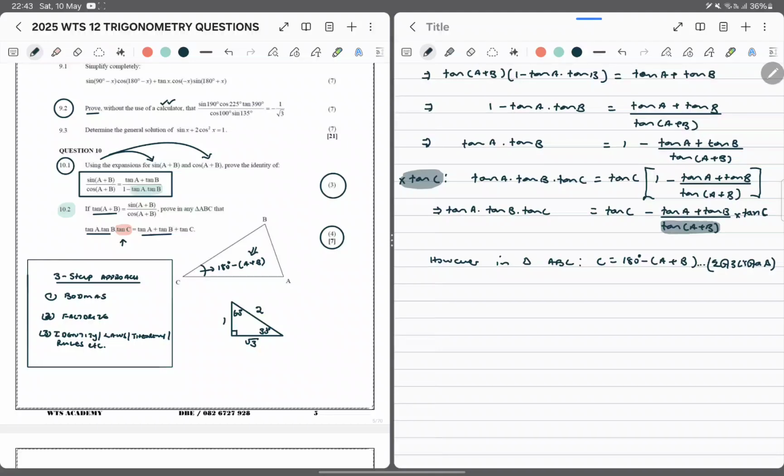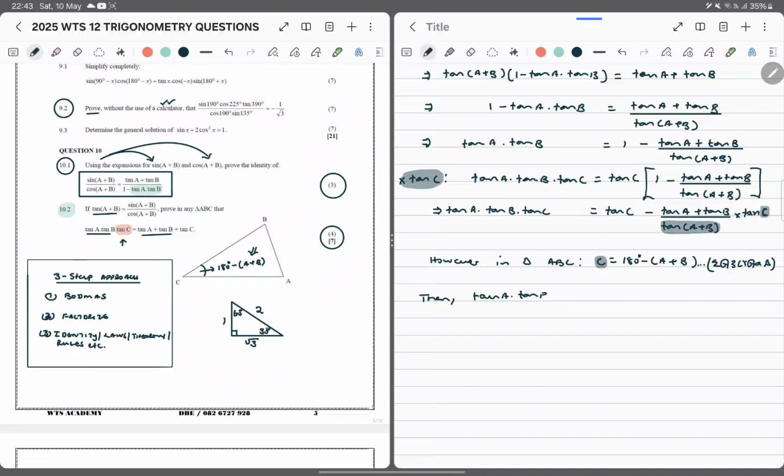So what are we trying to suggest? We are trying to suggest that angle C there, we're going to target that one because we want this one to remain. So this then follows that